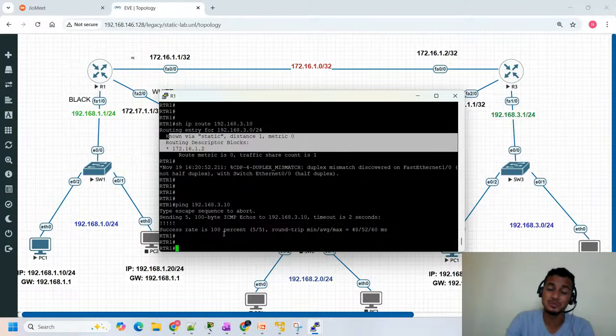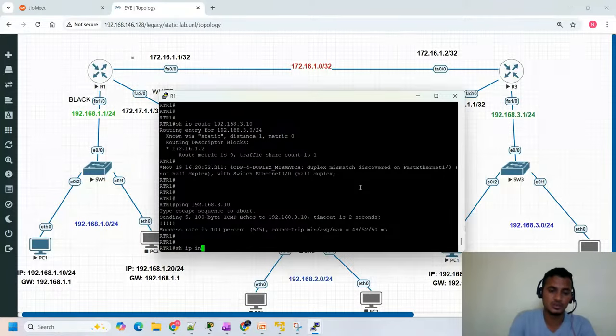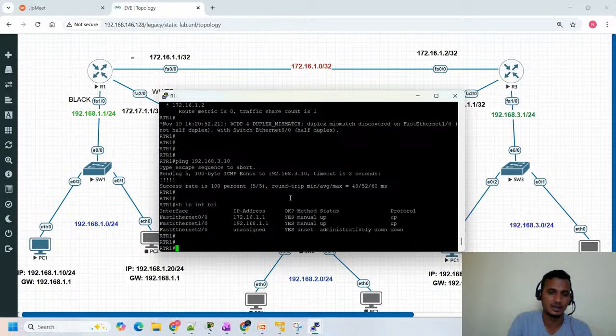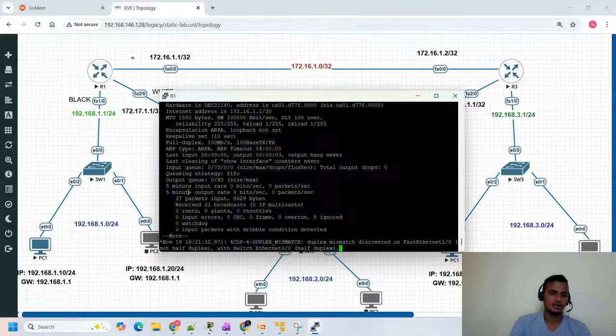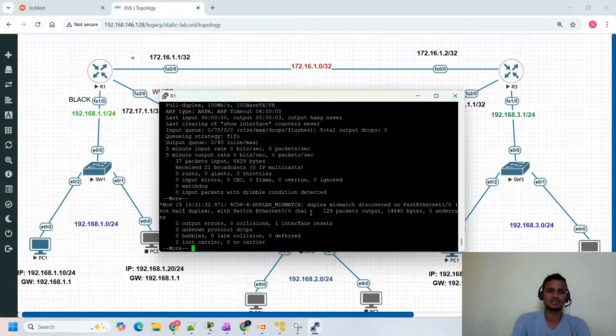And one more thing I told you, the MTU, the maximum transmission unit, is 1500, guys. Pallavi and Rishita, you can see it in show ip interface brief. If you check an interface with show interface, you will see the MTU, the maximum transmission unit. Every interface will have an MTU of 1500. And you will also see the line status and the line protocol, and since when the last input and last output happened. Everything is there, but you just need to